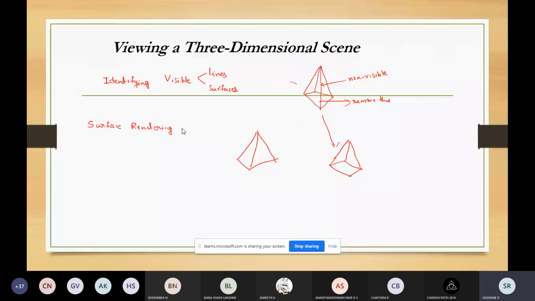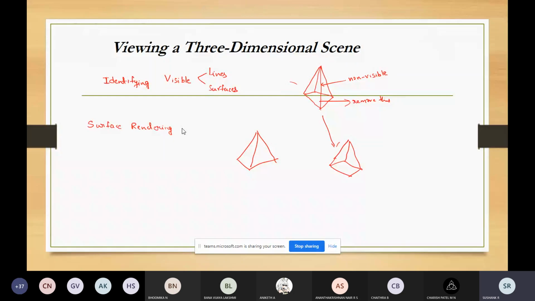How do we add this? We will set the lighting condition by two things. One thing is we'll specify the location of the light source, and the second thing is we'll specify the color of the light. So by specifying the color and the location, we are setting the lighting condition for that scene, and we can also specify the background illumination effects.